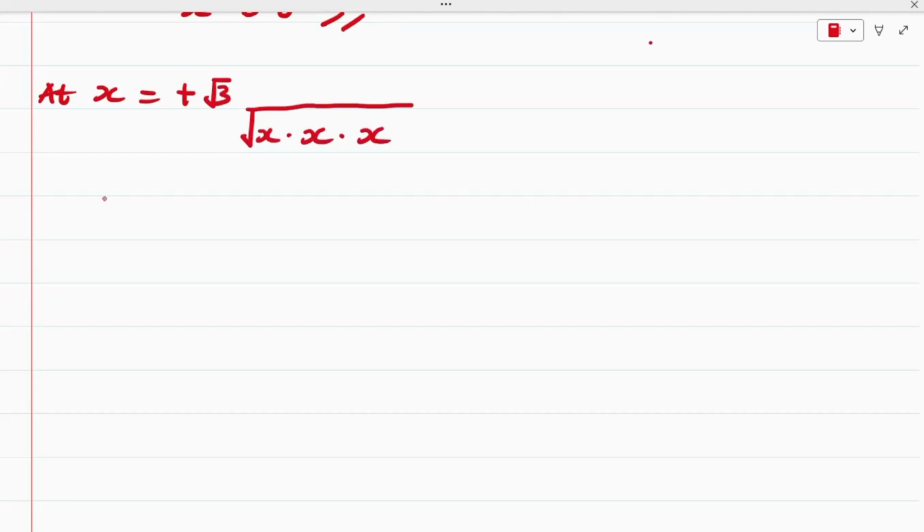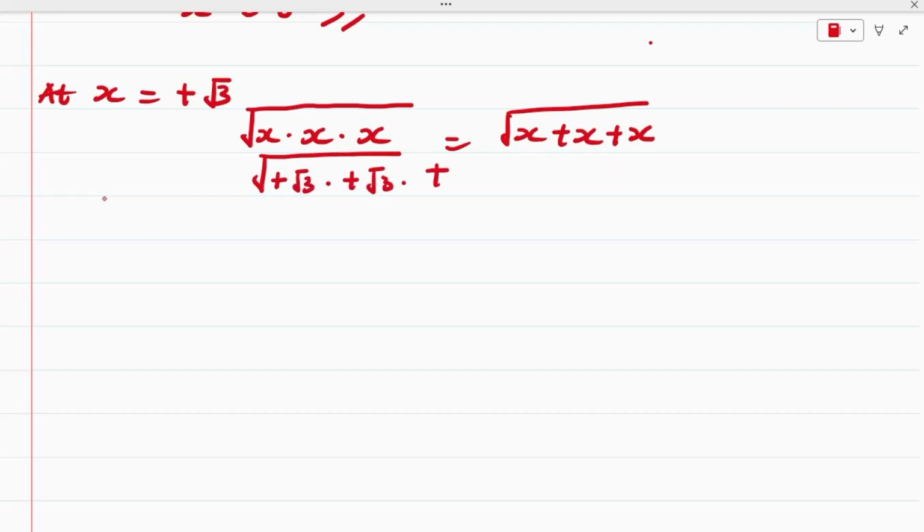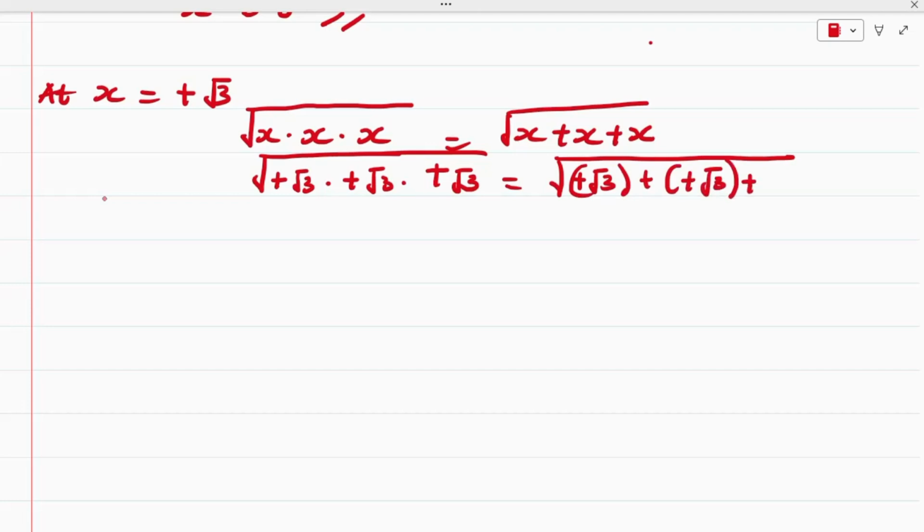So to verify the second value of x, which is x equals plus root 3, we have the question given as the square root of x multiply x multiply x, which is equal to the square root of x plus x plus x. So we have the square root of plus root 3 multiply plus root 3 multiply plus root 3, and this is equal to the square root of plus root 3 plus plus root 3 plus plus root 3. So from here we have the square root of the root of 3 multiply the root of 3. We are going to have it to be the root of 3 all squared multiply the root of 3,